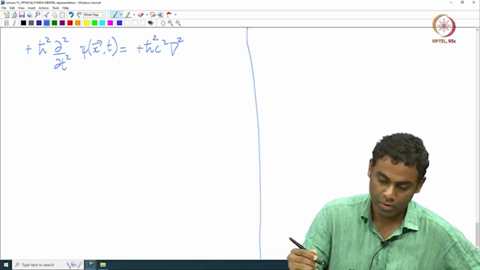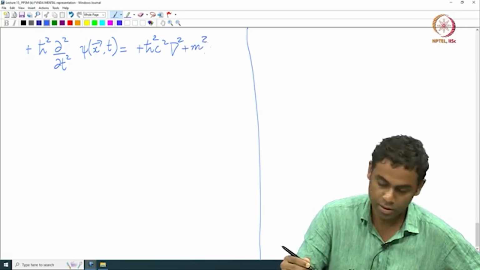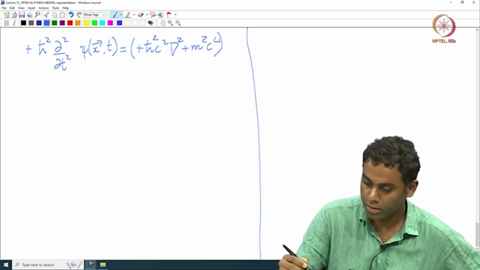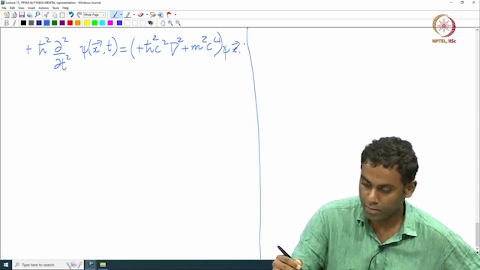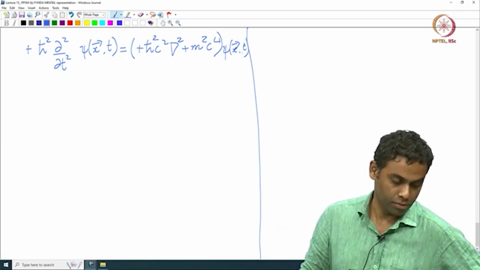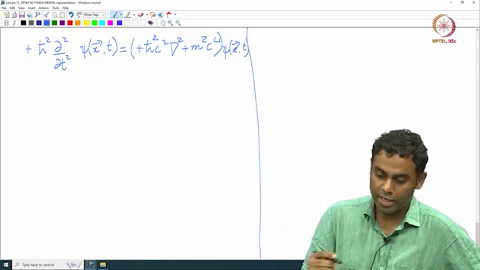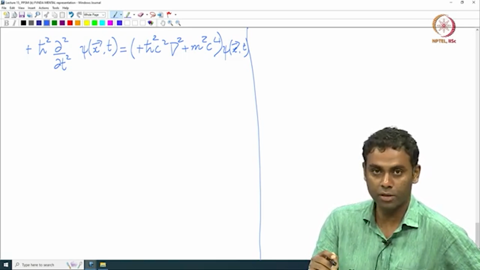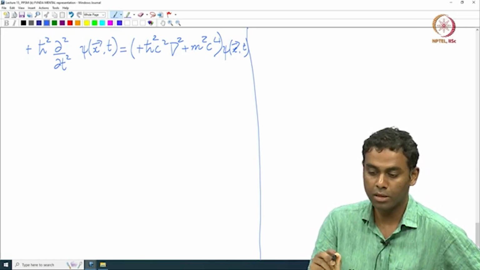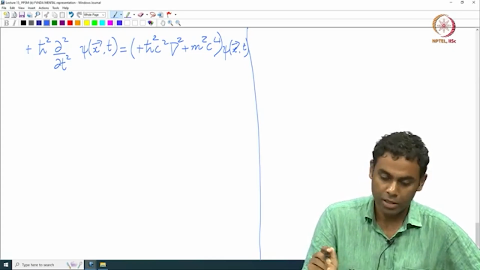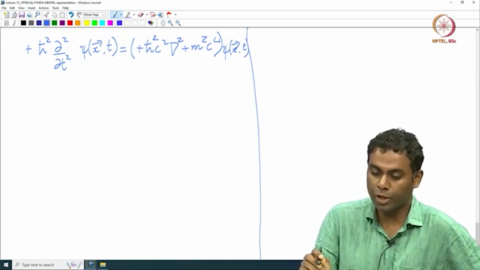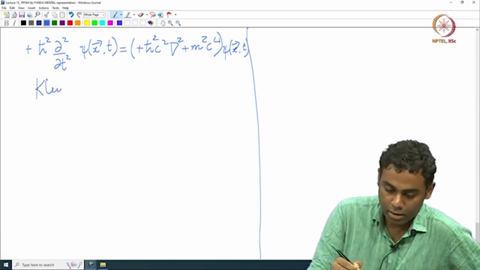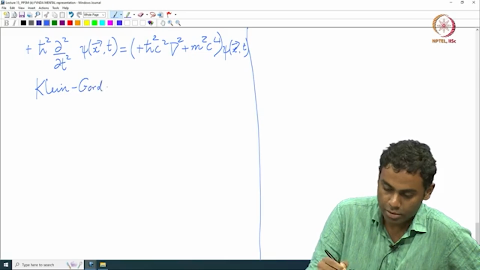Del squared plus m squared c power 4, also acting on this field. Agreed? Now would you agree that both space and time are on the same footing? They are. There are 2 powers of time on the left hand side, 2 powers of space on the right hand side. So this is a good candidate, and in fact you have already seen this equation. This is indeed the Klein-Gordon equation,